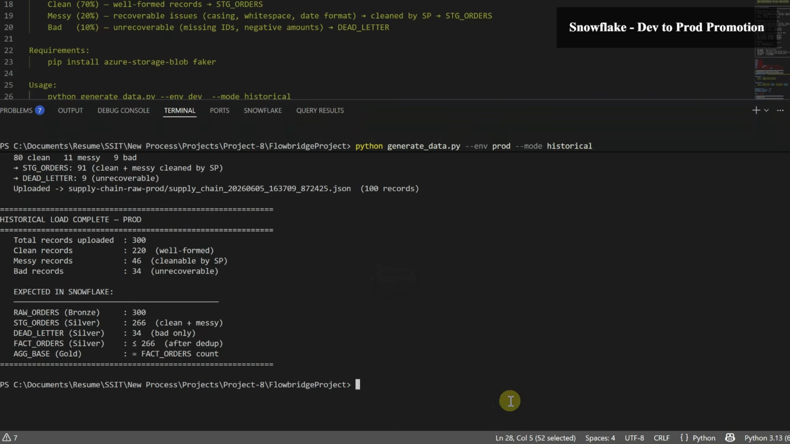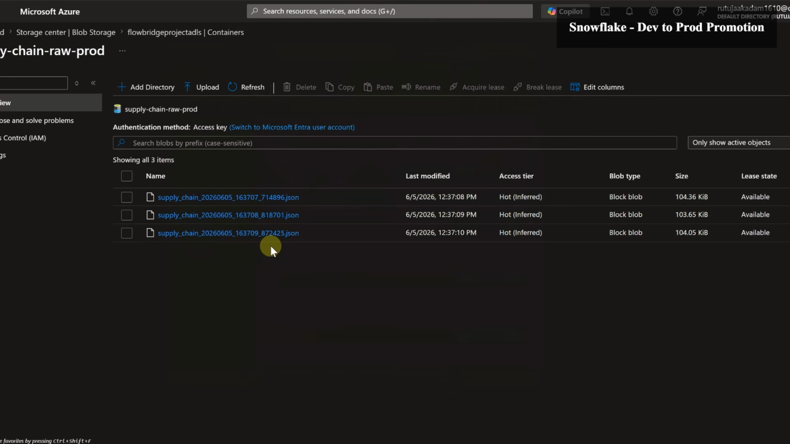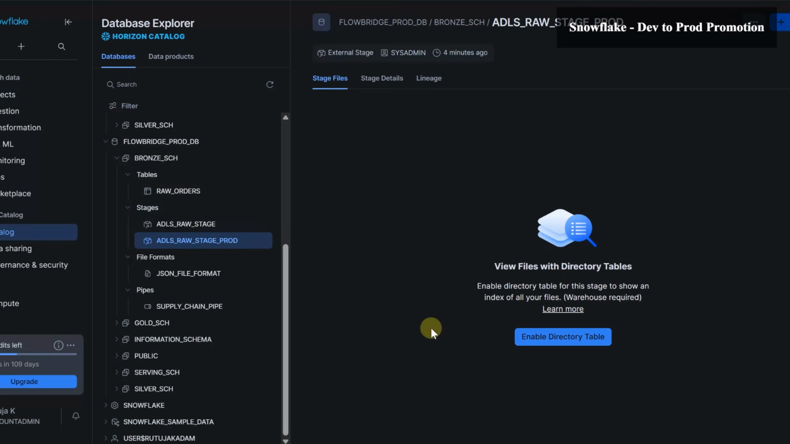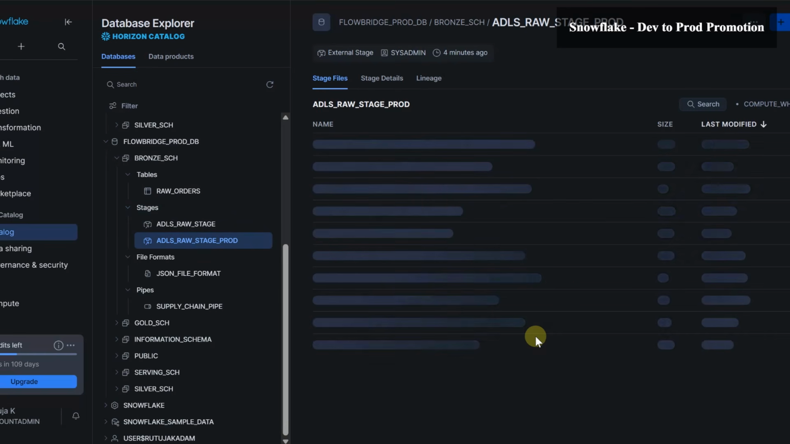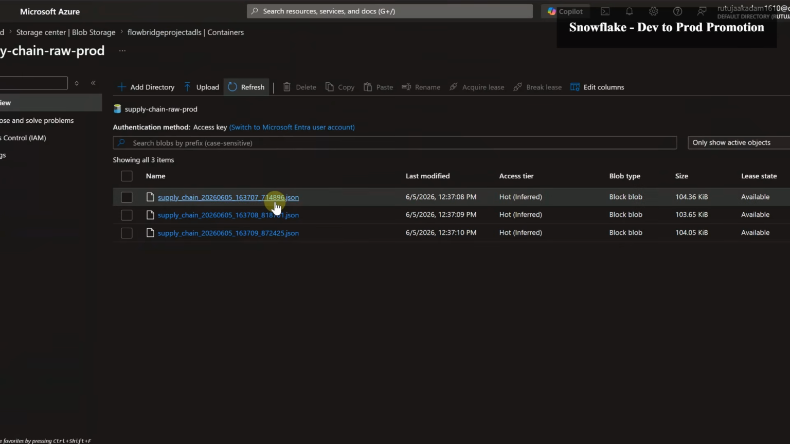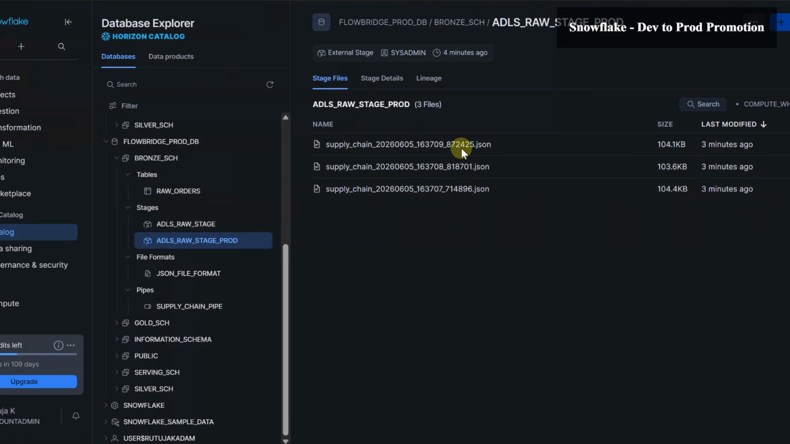Now it has uploaded 3 files there. Now we have these 3 files under our prod container. Moving back to our Snowflake Snowsight, if we check here under stages, we now have this new stage, which is under prod DB, and that is raw ADLS stage prod. We will enable the directory table. Now we can see we have these 3 files. Just verify it: those are 896, 701 and 425. Now we can see that we have our files under this external stage, which is for